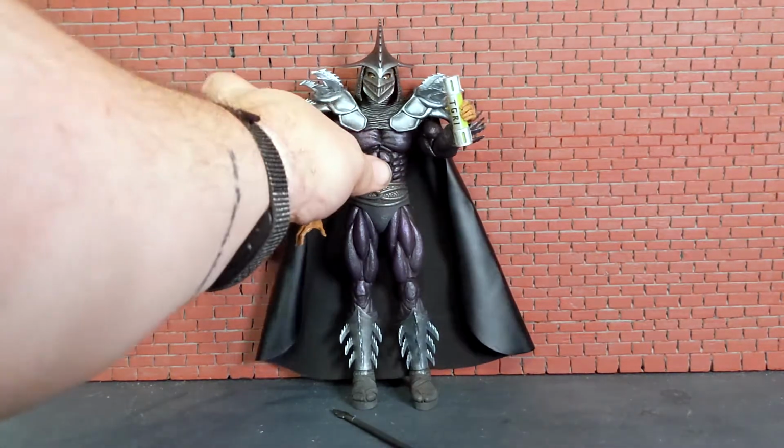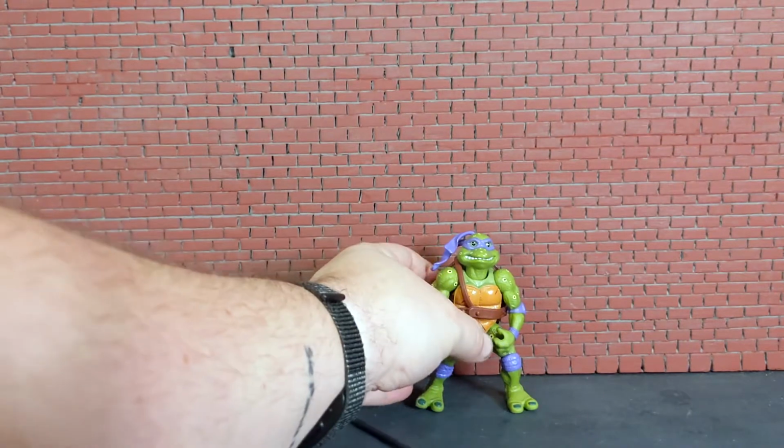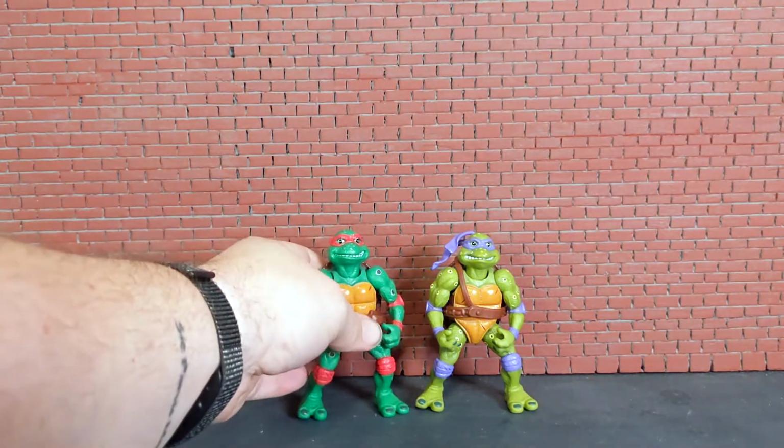But if, like me, when you were a kid, you were into Ninja Turtles, if you can get a hold of that Target set, I think you'd be very happy with it. I know I'm very happy with it. It's nice to finally own something that I wanted throughout my childhood. It's just not to be sometimes. So,